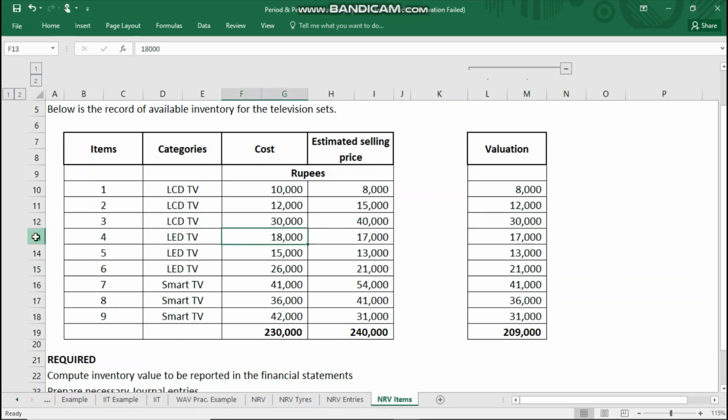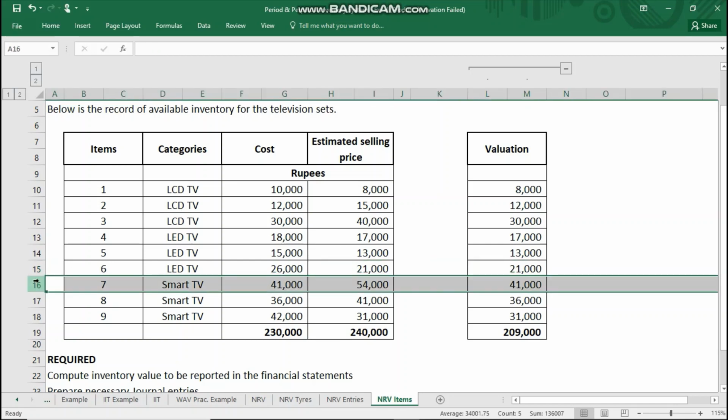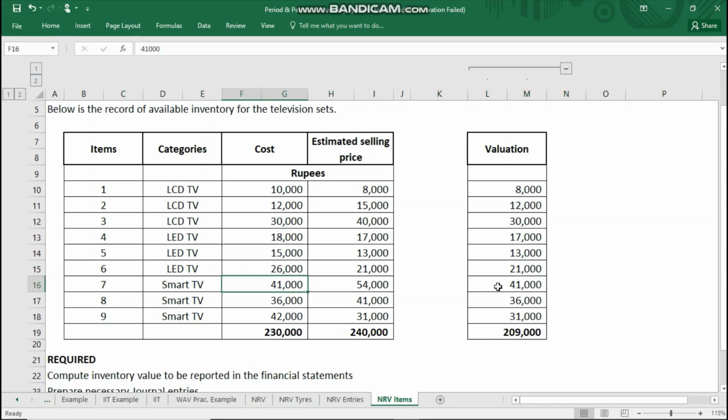In the fourth item here, we have 18,000 as the cost and 17,000 as the NRV, so we'll take 17,000, which is lower. Fifth element, which is an LED TV, the cost is 15,000 and the NRV, which is the estimated selling price, is 13,000. We'll take 13,000. Sixth item, we will take the NRV, which is 21,000. And in the seventh item, which is a smart TV, the cost is lower, which is 41,000, so we will report it